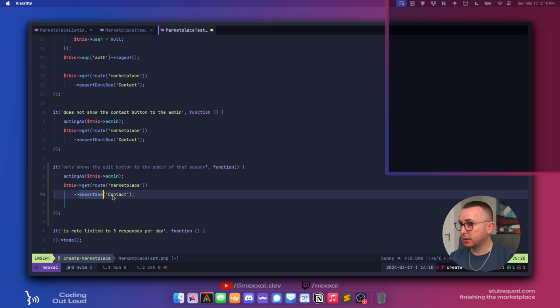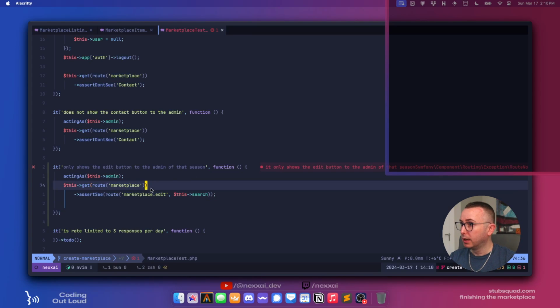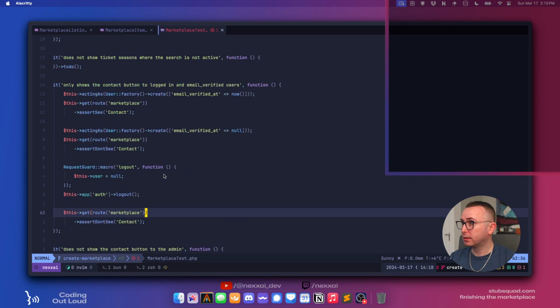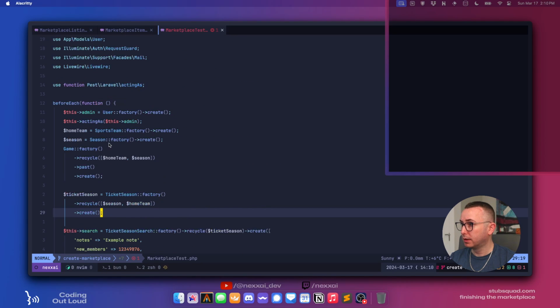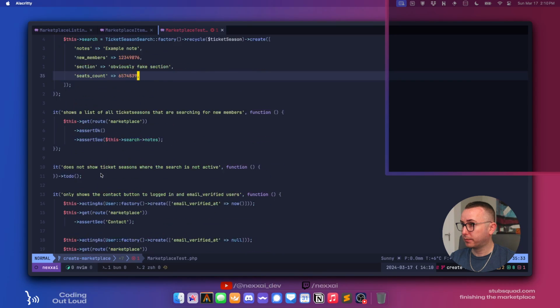So we're going to assert C, and we want to search for the marketplace edit. Okay, so it's not showing up there. Why is it not showing up? Assert C, marketplace edit. Is that not what it's called?